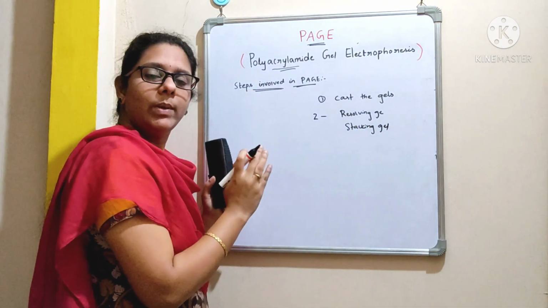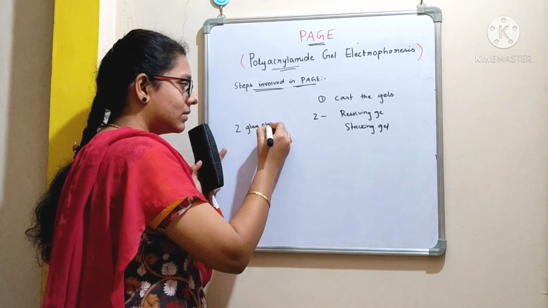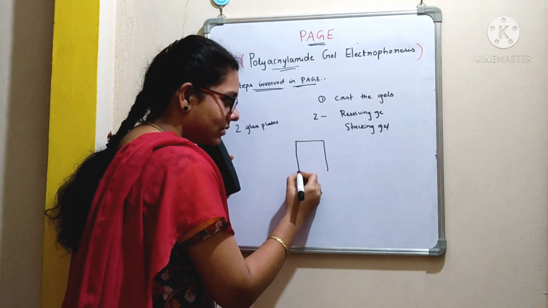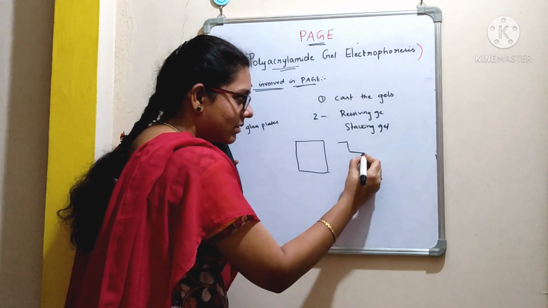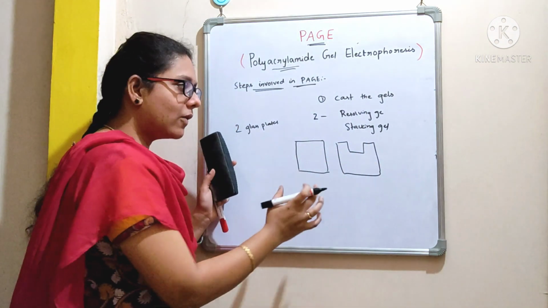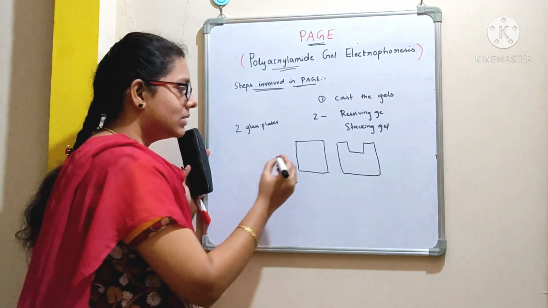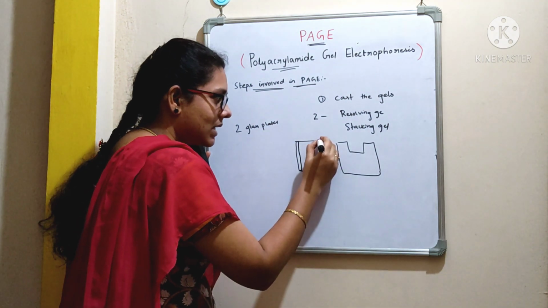Okay, you will be provided with 2 glass plates in the equipment, right? One will be a normal plate and the other will be a notched plate. This is how the 2 plates look. What you need to do is place a spacer at the edge